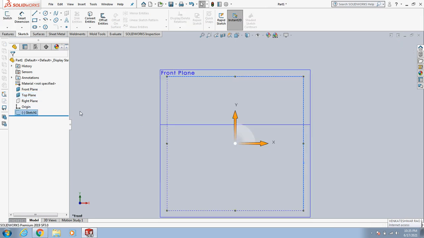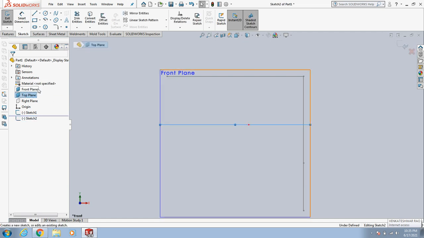Now you can draw the sketch on the top plane. So if you look here, here is the top plane, and I want to draw a sketch on the top plane.